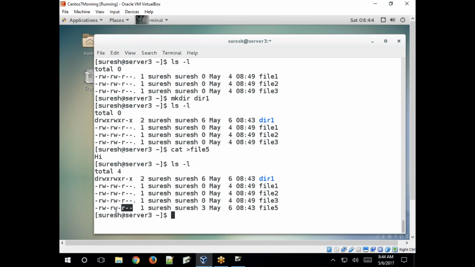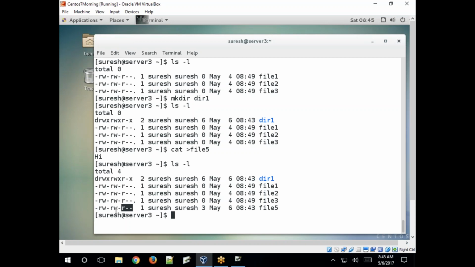And for the file, 664. If you log in with root account, the administrator account, and create any file or directory, the default permissions on directory is 755, and for file 644. Okay. Remember this. Clear?